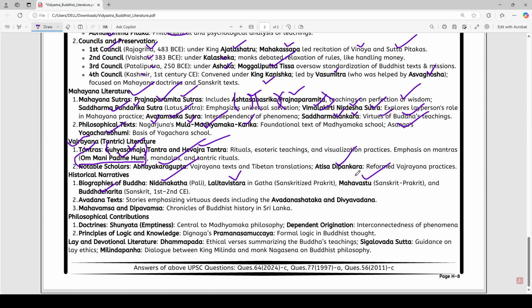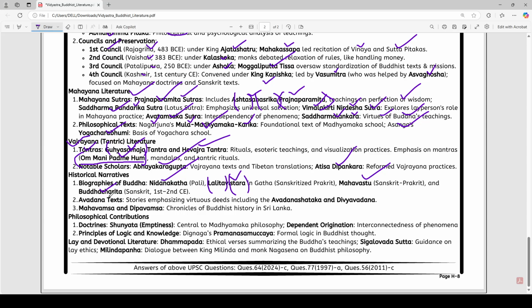Okay. Mahavastu means Maha, great. Vastu means great event. Lalita Vistara, again, Lalita means playful. So it is actually in the form of poems depicting the life of Buddha. And Nidan Katha is very important. It is in Pali. It is before the Jataka tales. Means it is like a beginning. It tells about what is going to happen. Means it is a starting, even before the Jataka tales.